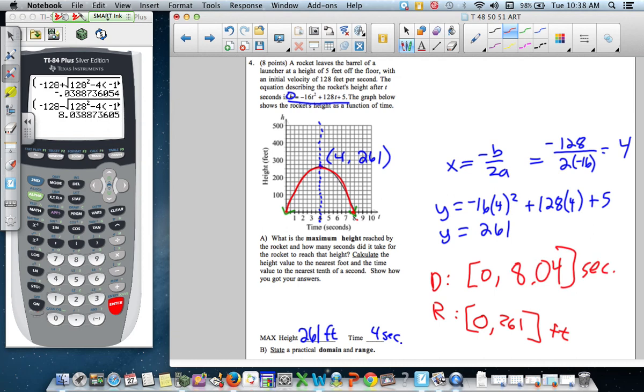If you want to get close to that, I'm not going to get super picky on that because that's a different target finding that. If you take the time it takes to get to the highest point, 4 seconds, and double it,